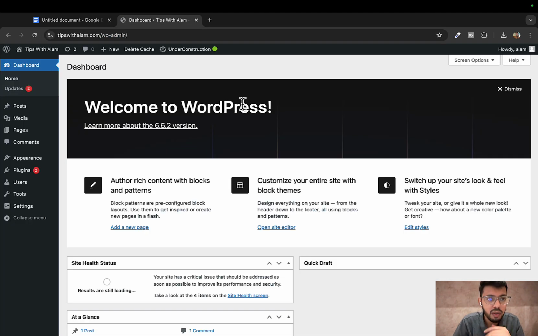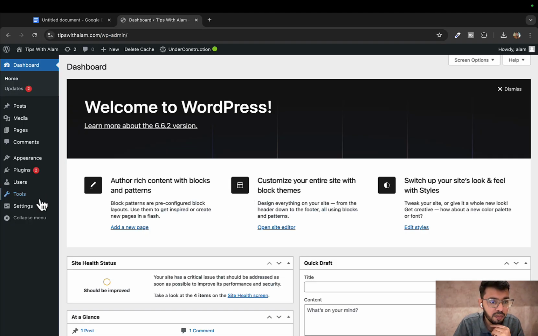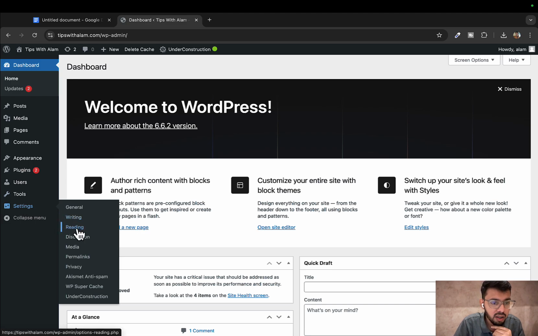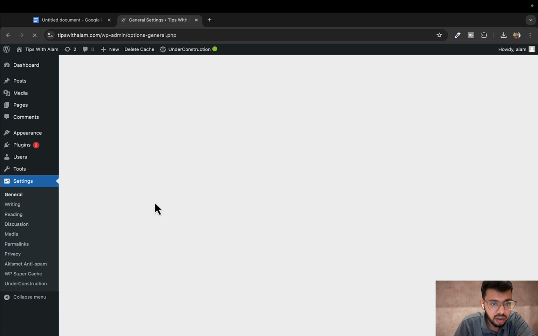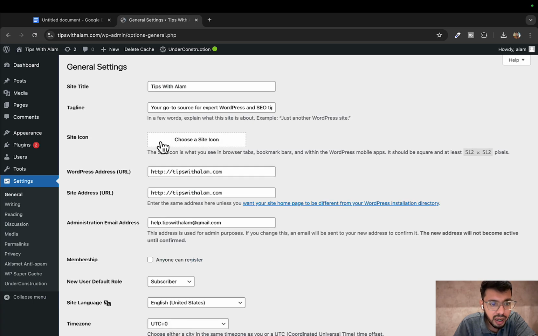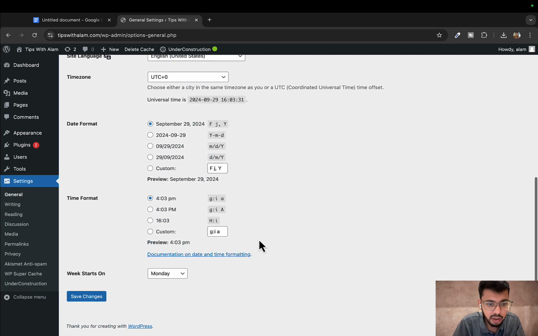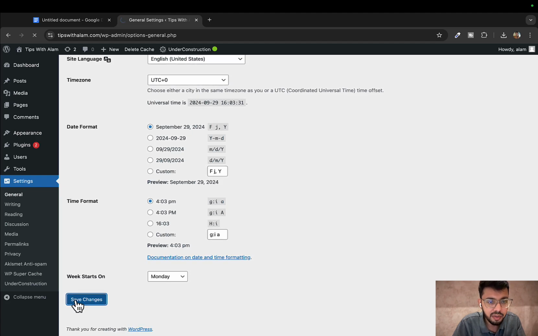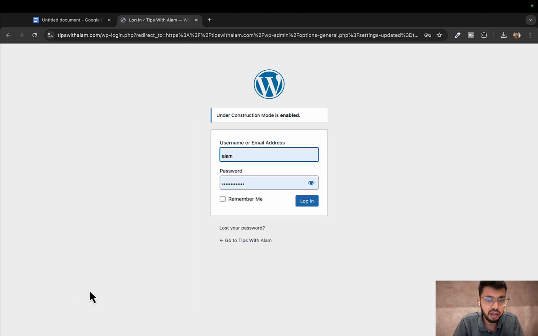So let me quickly log into my WordPress dashboard. We are at the dashboard. Just go to settings and go to general, and here in general you will have to change the WordPress address and the site address. Currently it is HTTP. I'll change this to HTTPS. So that's one way we can do it. I'll save these changes,